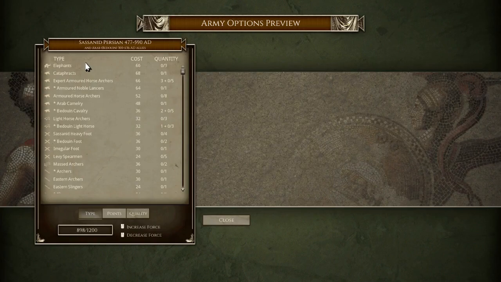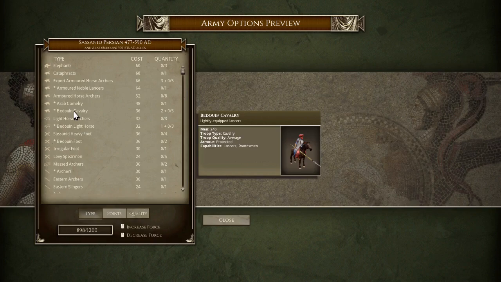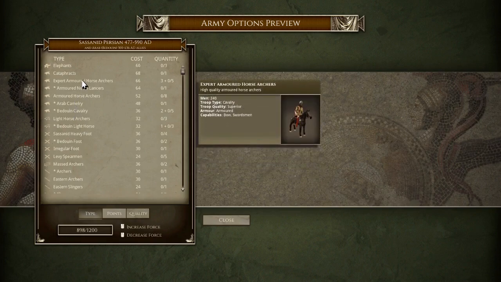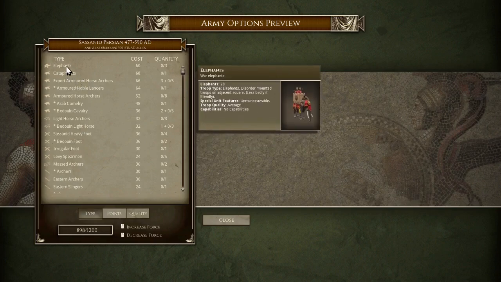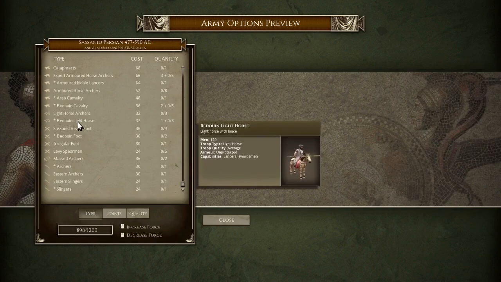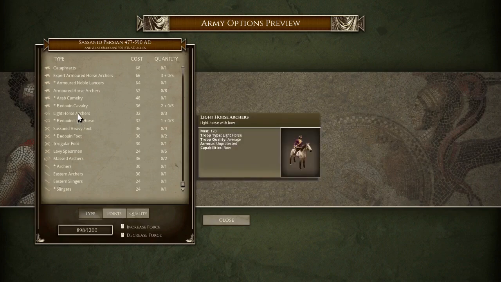So, for the enemy army, his cavalry consists of either average lancers or armored horse archers, with a little bit of support from lancers or cataphracts, and elephants, which would certainly make life difficult for my lancers. For light cavalry, there's these excellent, I really like this unit, Bedouin light horse. No range power, but they have lances. They can hit pretty hard even against non-light units,